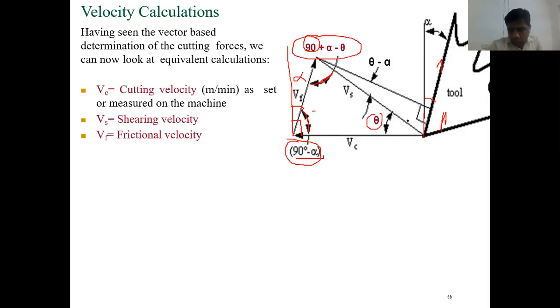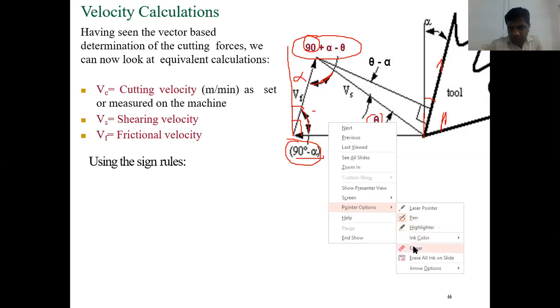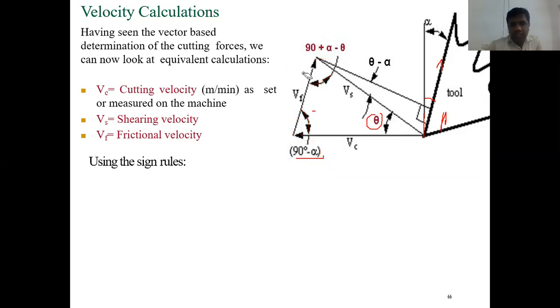So in this triangle, you know all three angles, and about these three velocities, even if you know any one velocity, the other velocities are easy to calculate using the sine rule. If you know one side of a triangle and its three angles, you can find the other two sides using the sine principle. You already studied this in trigonometry. The same sine principle we are going to apply here to find the velocities in other directions.